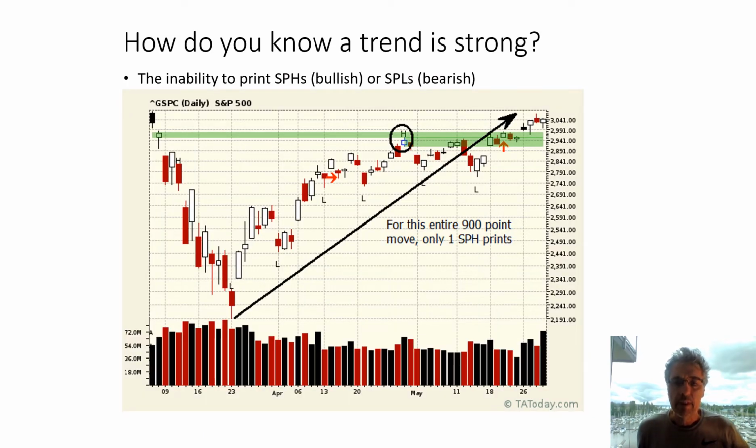I want to back up and ask, how do you know that you're in a strong market? You begin to tell early on. Here's the low that was hit back at the end of March. You had that big fast move up and then a retrace. That retrace does a little less than 50% of that move up, holds, and then shoots back up here, breaks out. The way you know that you've got a bullish trend, and that trend is strong, and it's true of bearish on the way down too, is that